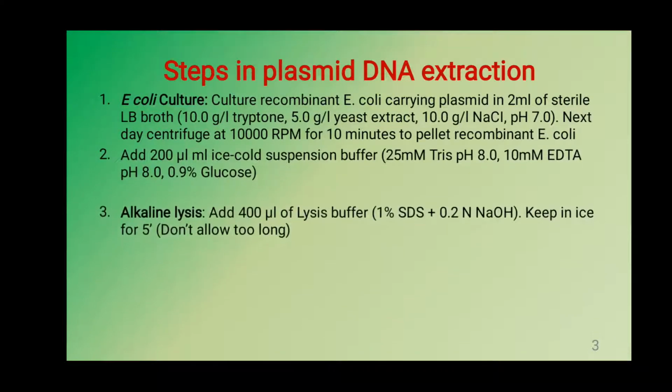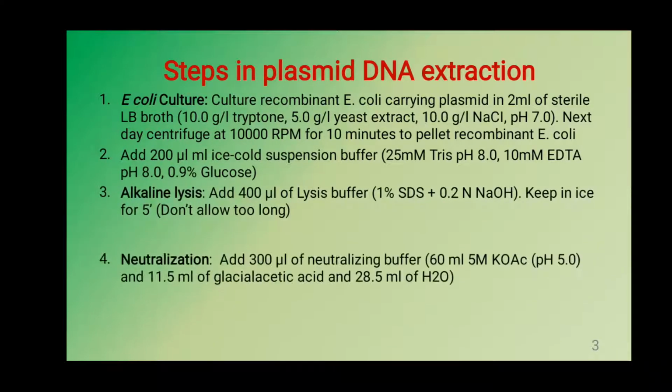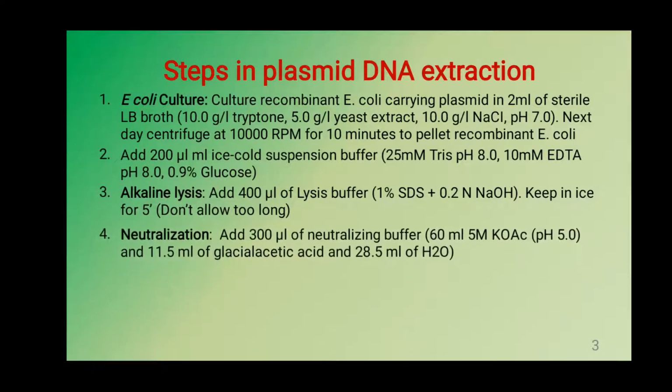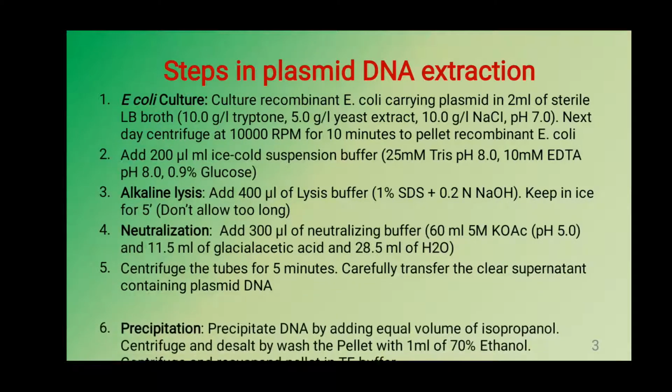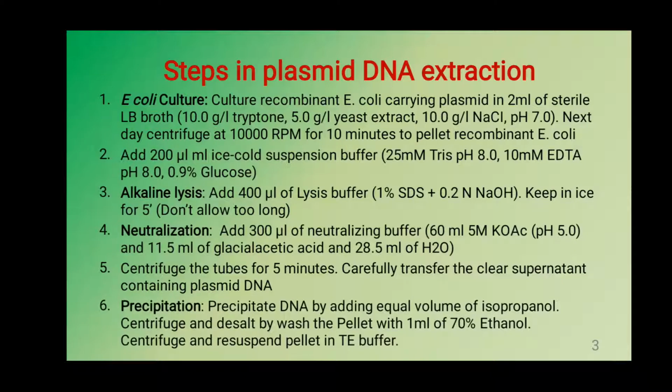The first step is to culture the E. coli carrying the plasmid of interest. By nature, plasmids carry genes of antibiotic resistance that are used for selecting the E. coli colonies carrying the plasmid only. So that is called a selection marker. As an example, if the plasmid carries a kanamycin resistance gene, the E. coli culture medium is prepared with kanamycin so that only E. coli carrying the plasmid express the resistance gene and survive. Other E. coli cells will not survive.